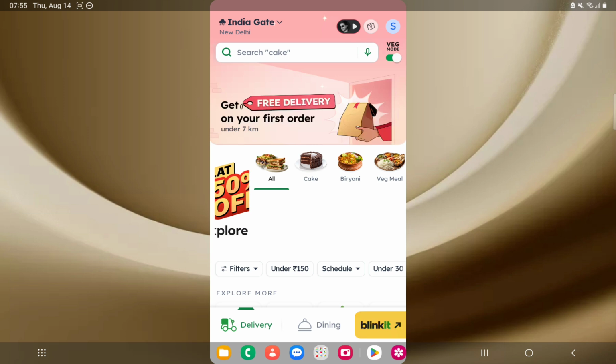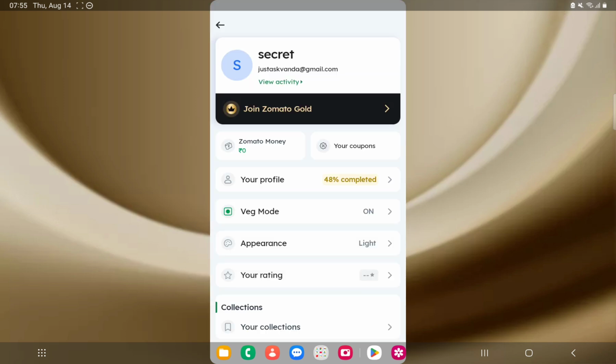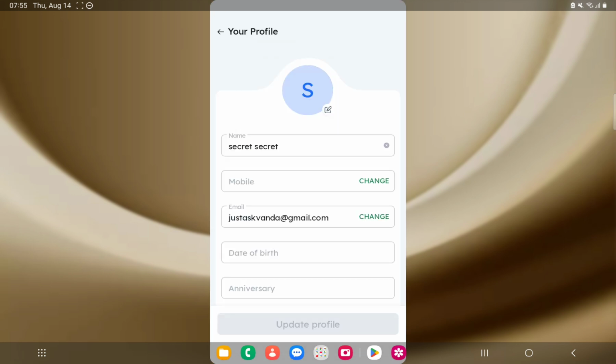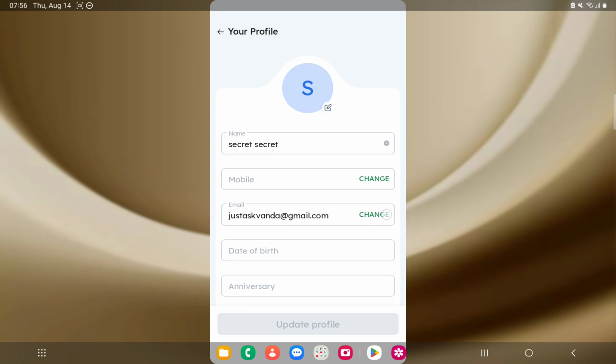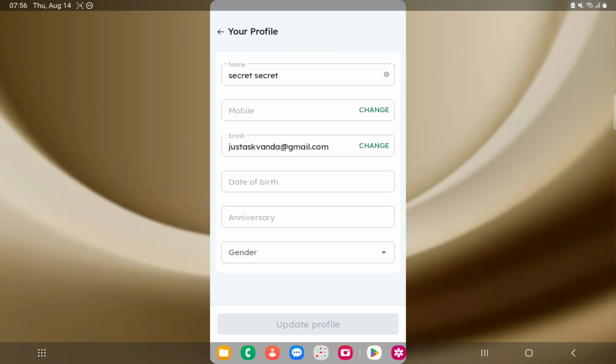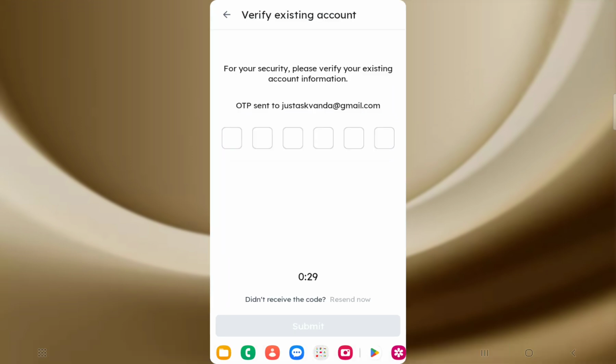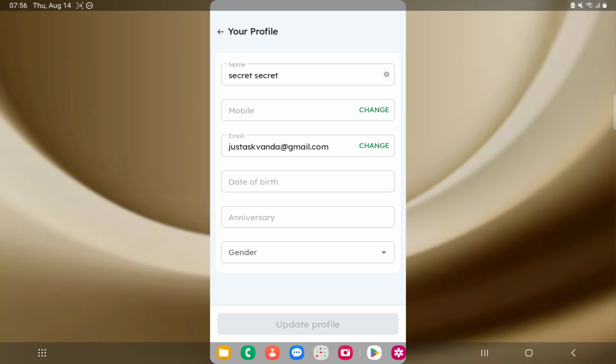Just open the app, click on your profile in the top right corner, then tap on your profile, and here you can see the change next to the email. And if I click here, I will get a code on my email address so that I have to type it in, and only after that I can change my email, or you might get a code to your mobile